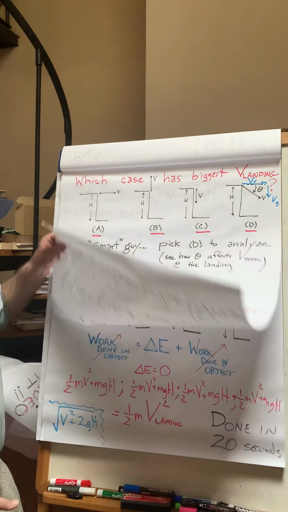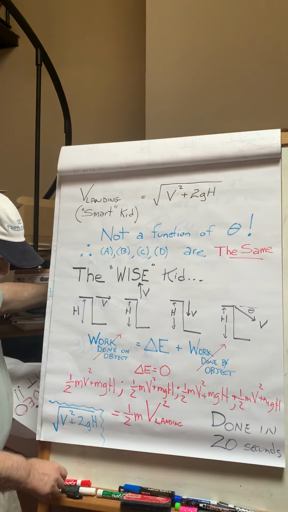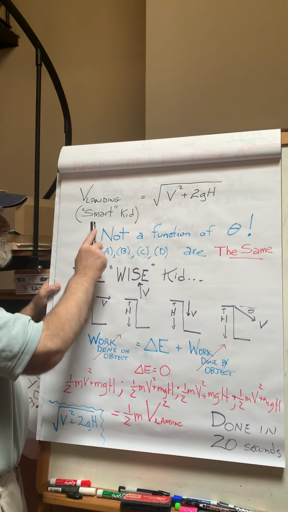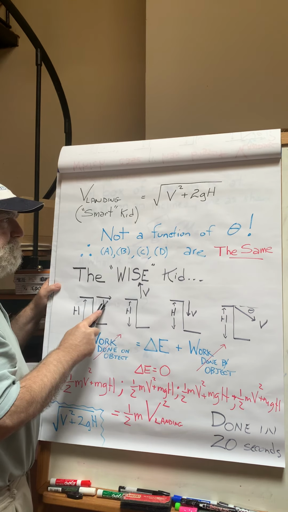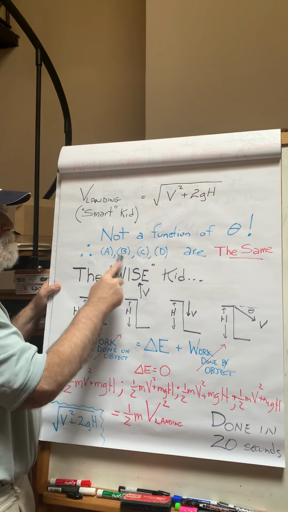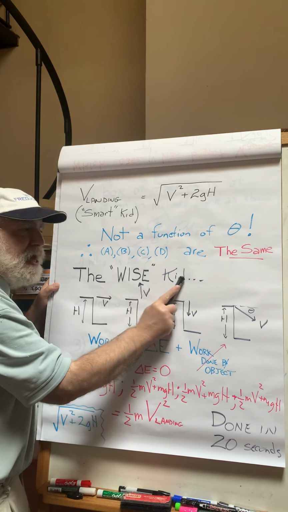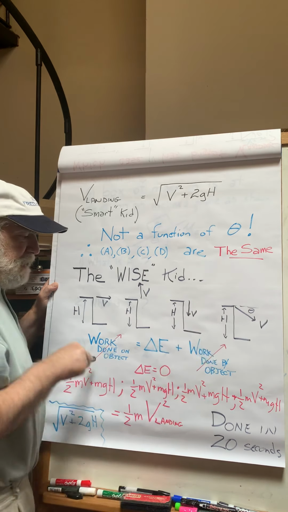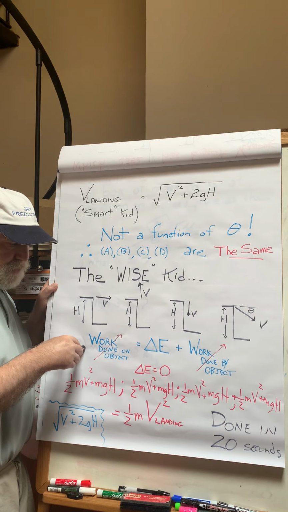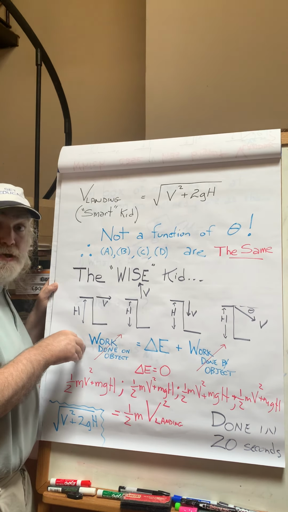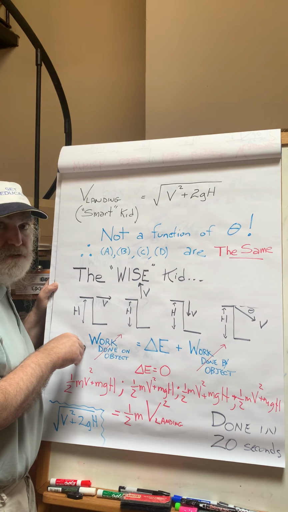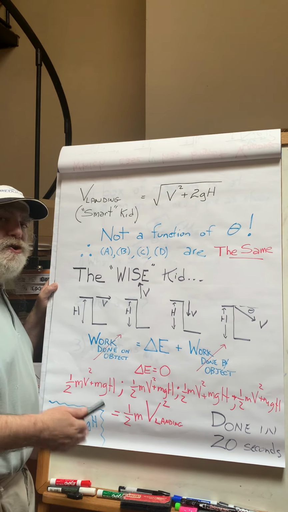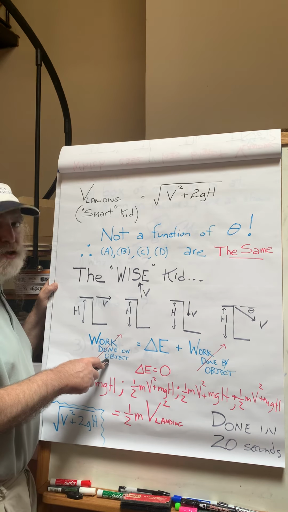So this is what the smart guy does. This is what I would have done. Smart kid in class. So V landing for the theta case, for the smart kid, is not a function of theta. So maybe A, B, C you might guess are the same, but the wise kid in class looks at these problems and says that the work energy theorem, which comes from Newton's second law being multiplied by distance, F net equals ma, that by carefully doing the algebra on Newton's second law, you get the work energy theorem, which we've already talked about,